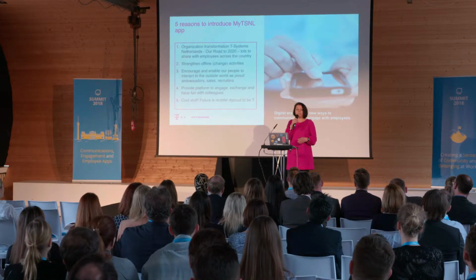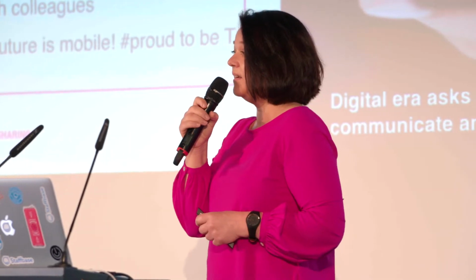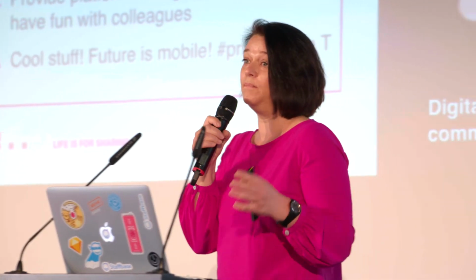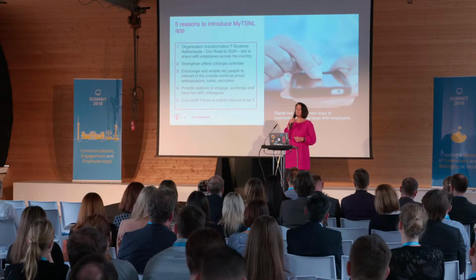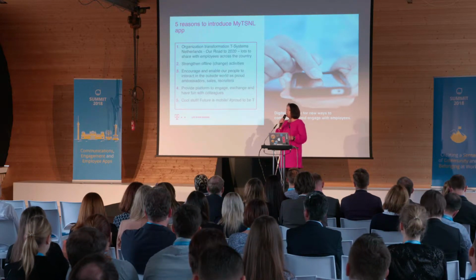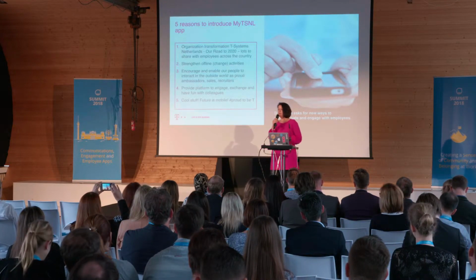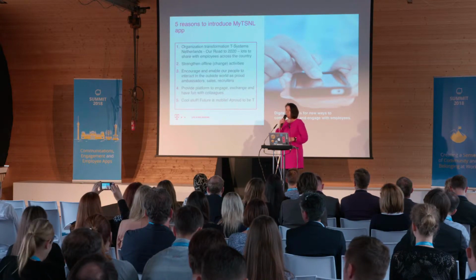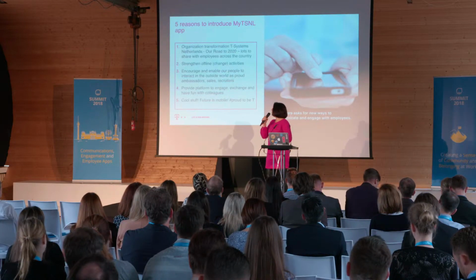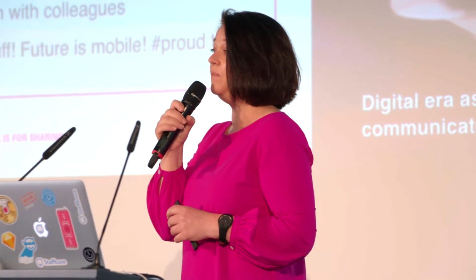As has been said before, we are also going through an organization transformation in T-Systems Netherlands. Since January 2017, we have a new managing director, and one of his first things was setting a new strategy. It's called the Road to Success 2020. Part of that strategy is also a cultural program we have been running for almost a year. There are 4 main chunks in this strategy: client focus, culture and leadership, which has been mentioned before as well, portfolio and profiling,